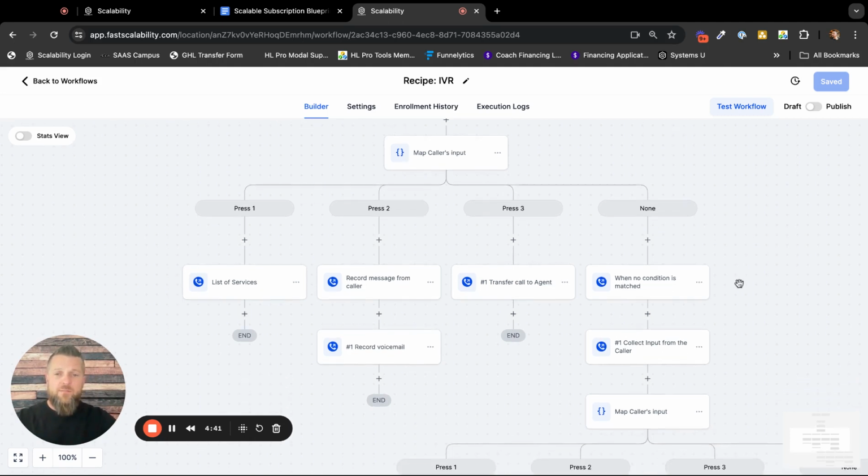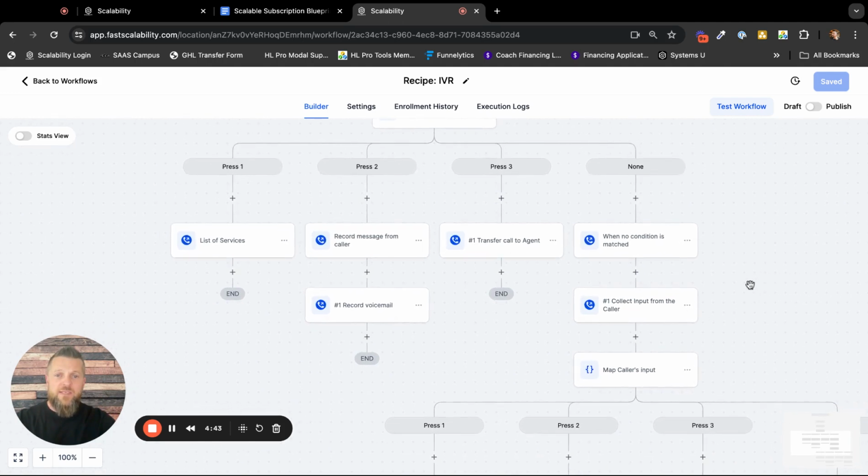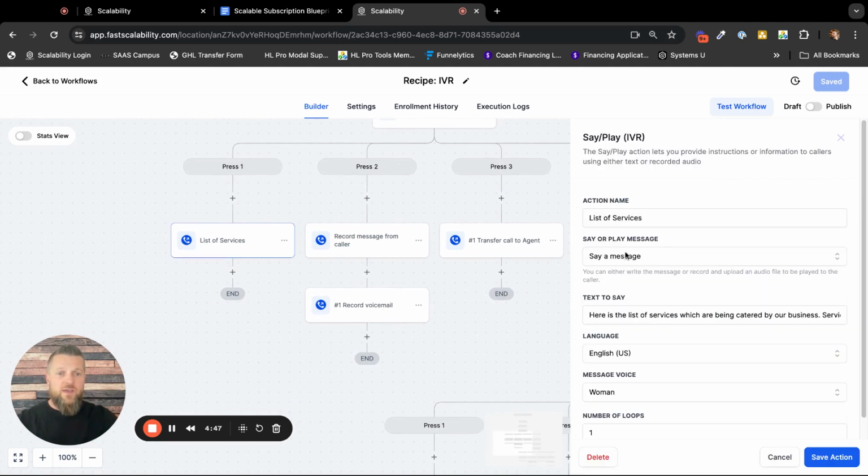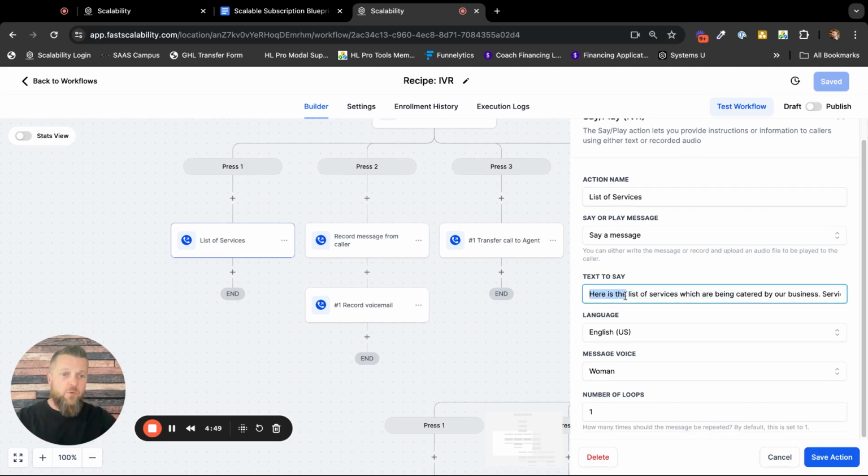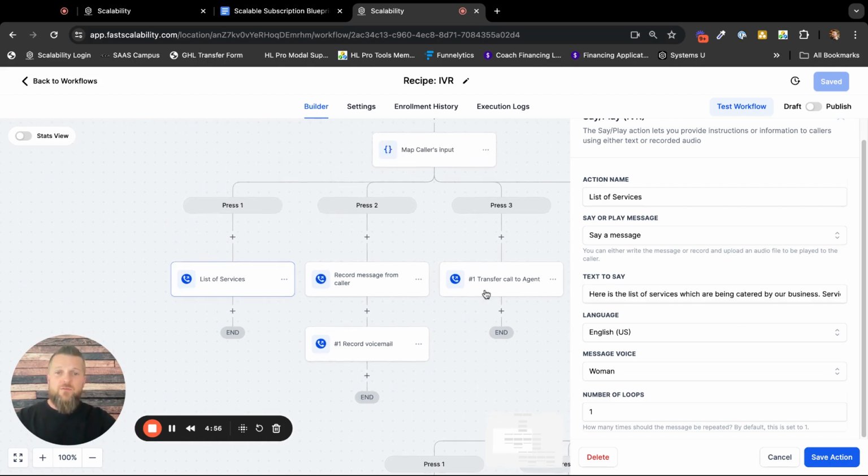Okay. As we come down into these, basically this is broke up to where it hits 1, list of services. We've got say a message again, and then you can type whatever you want in here. Right? So services 1, 2, 3, and 4. Here, if you wanted to continue this on, you could simply have a